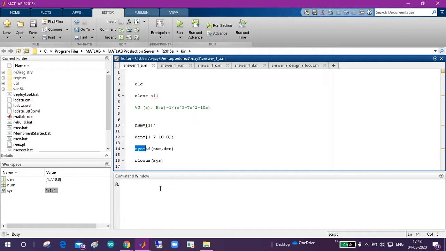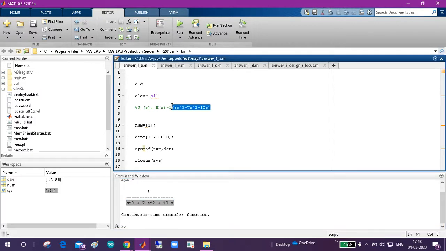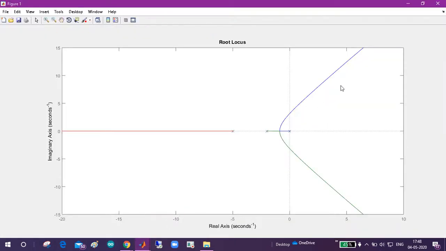As you hit the run button, everything gets cleared up and you get our system transfer function as this. That proves whether the calculation which we have done manually is accurate or not. Now come to the figure window. Now you can see your root locus out there. Let's set an imaginary axis: this is the imaginary y-axis, this is the x-axis. We need to see where the y-axis has been cut. That is the marginal stability point, and we will see how our manual calculations come out.